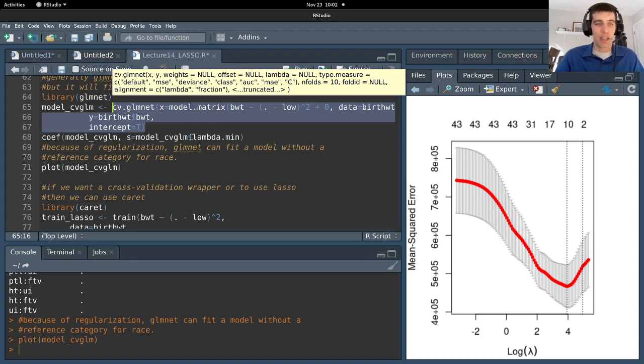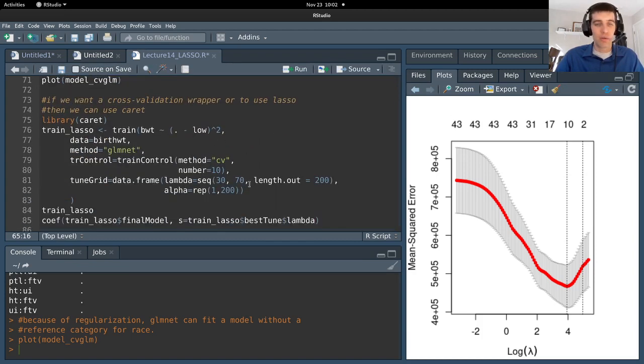So this is what I was getting. But if I use caret, I can just specify my alpha value is 1. And when I specify my alpha value is 1, this means I'm doing strict lasso, no elastic net. Okay, I'm choosing a lambda sequence and then specifying my cross validation. And so when I run this,